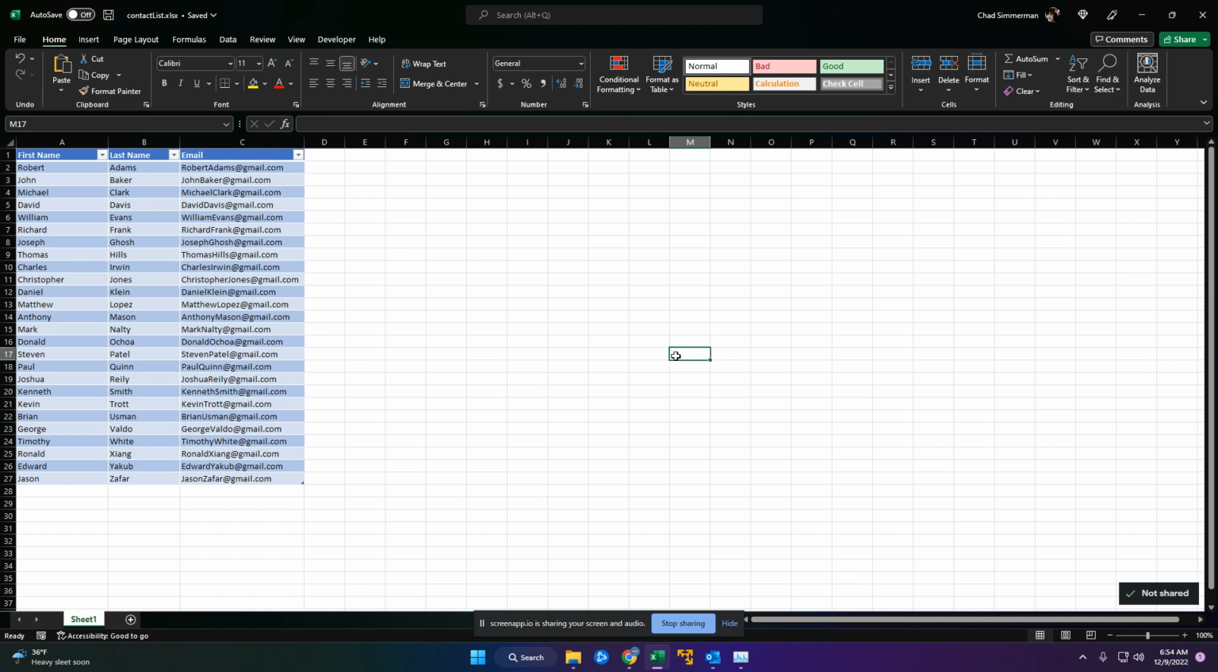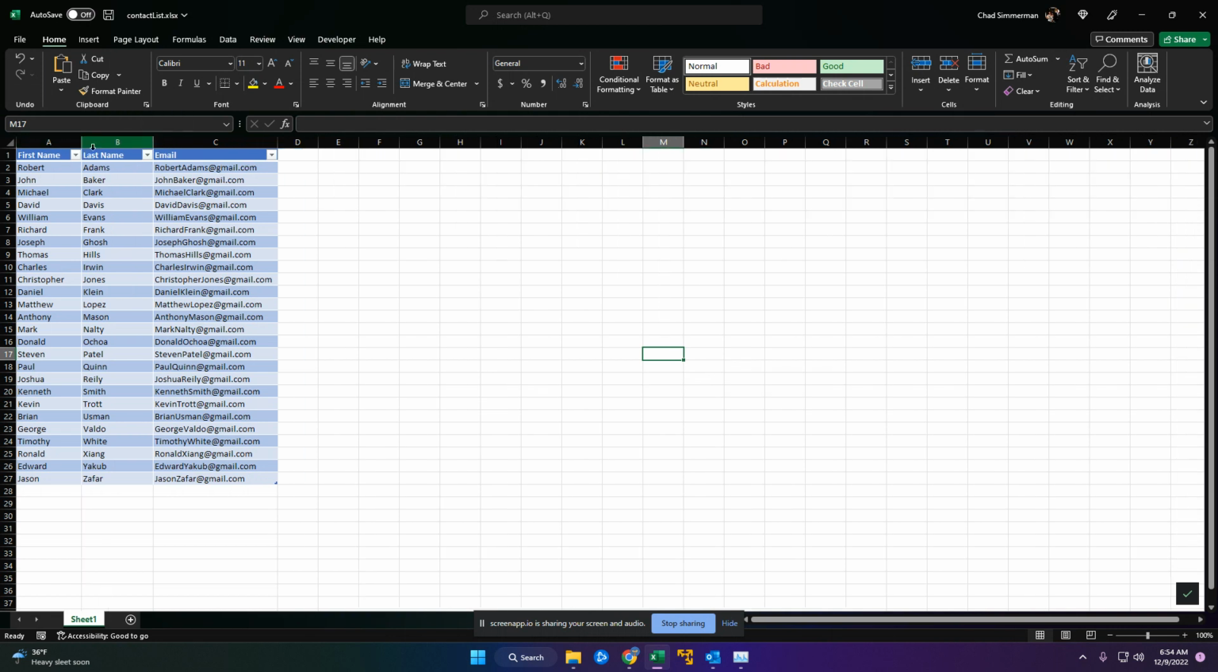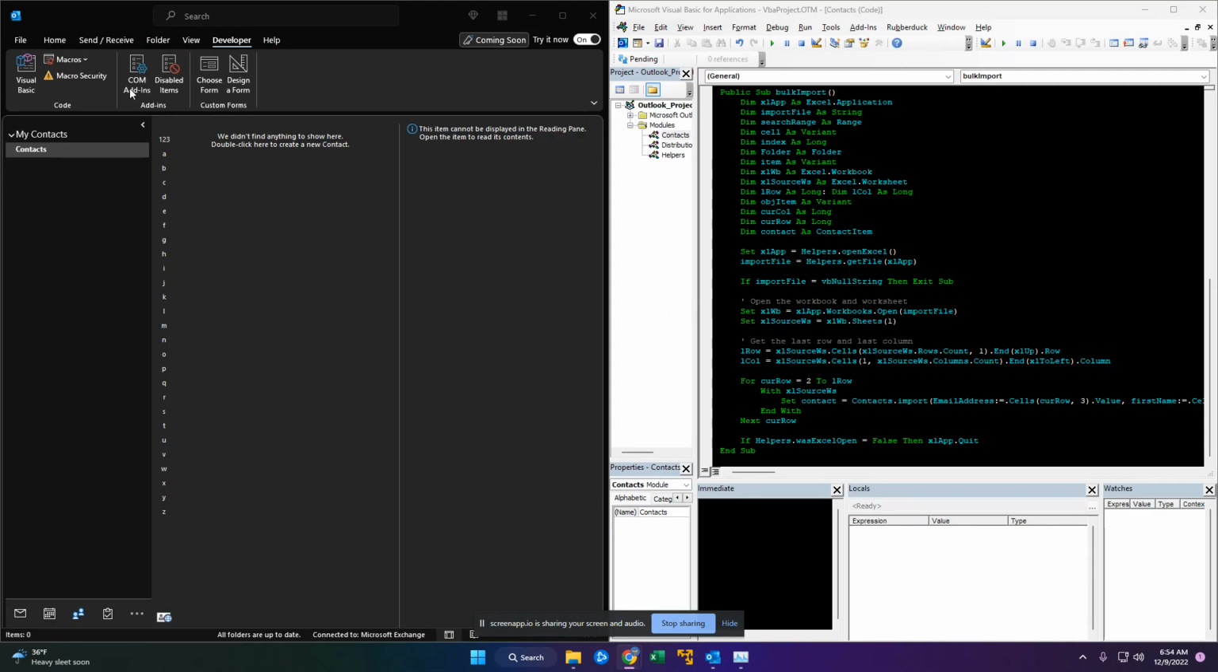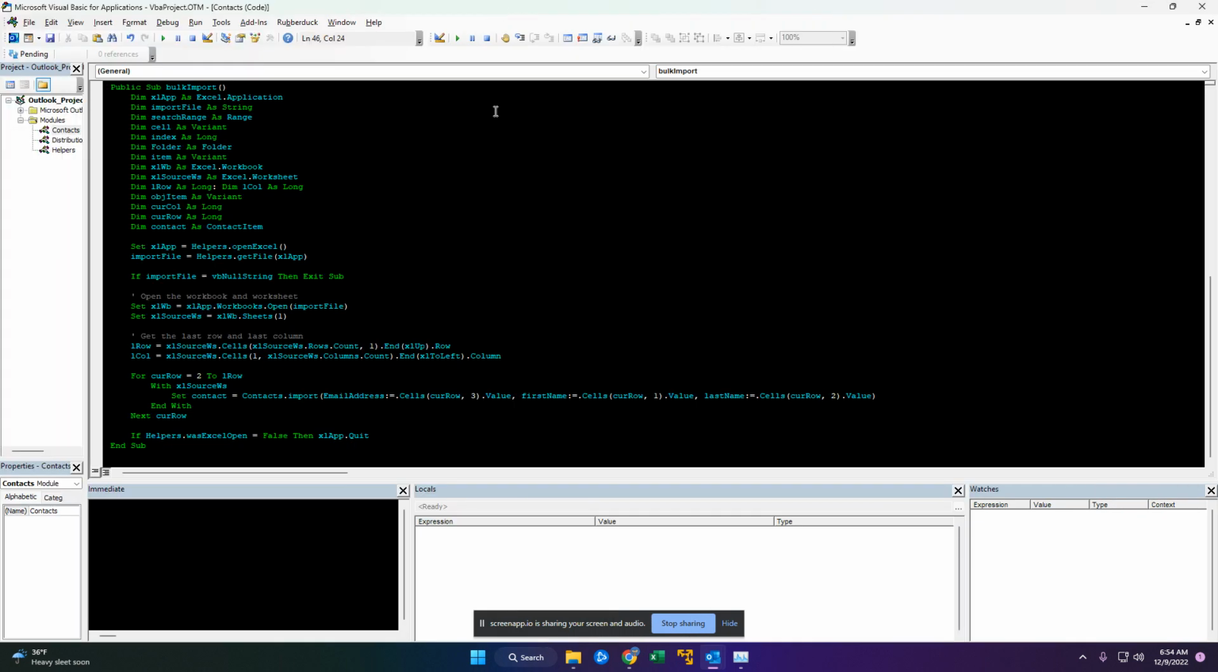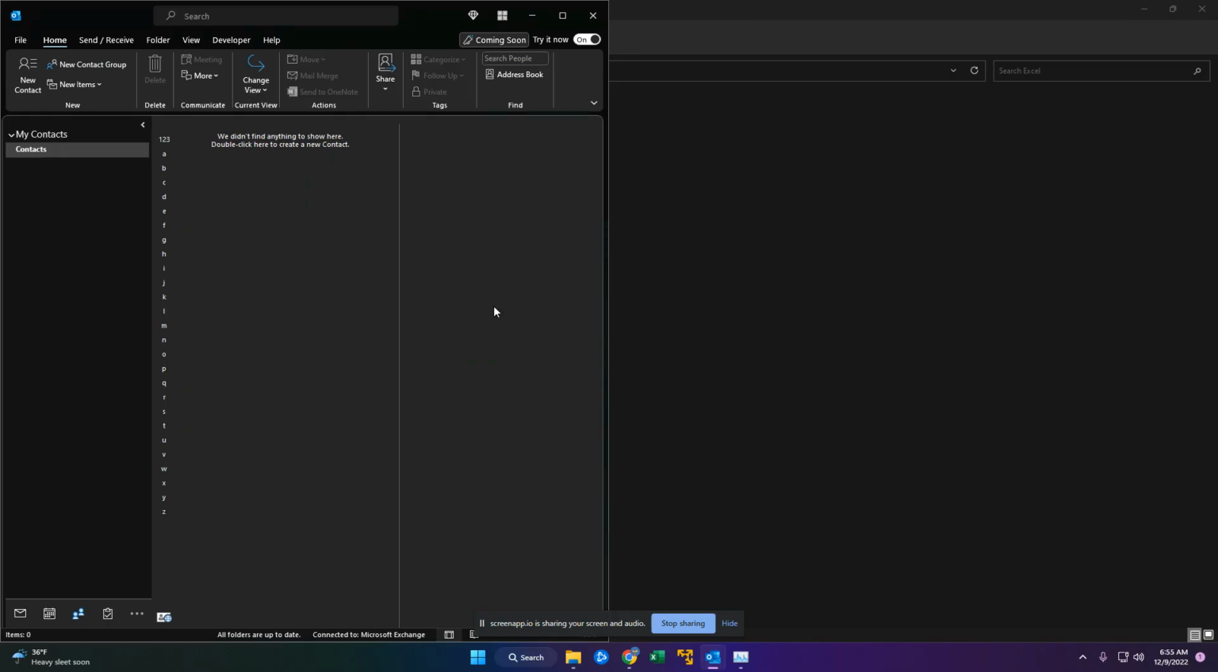Yeah, so today I'm going to go over a way to import a contact list in an Excel file into your Outlook contact list. What I have here is just a sample: first name, last name, and then email. I'm going to save this and close this. And then we have my contacts in my Outlook. As you can see, there's nothing in them. And then I've got some code here I'm going to show you. I'll actually show you what it does